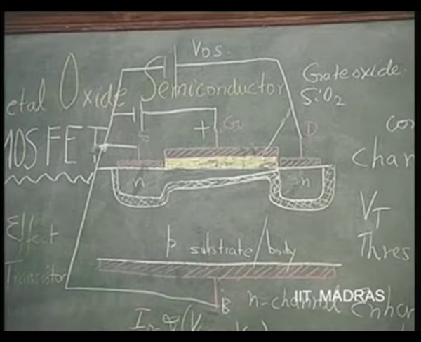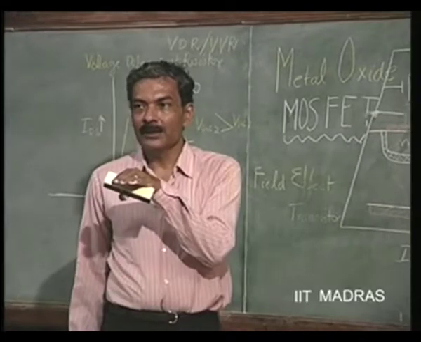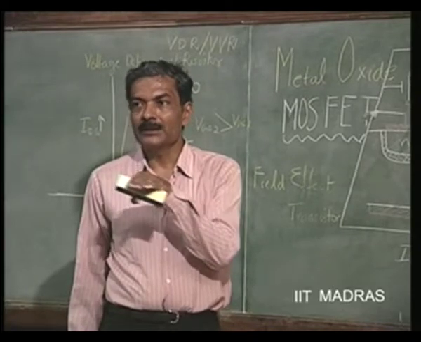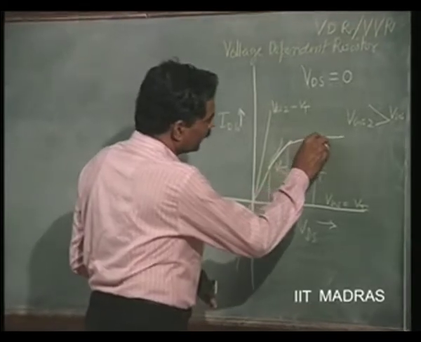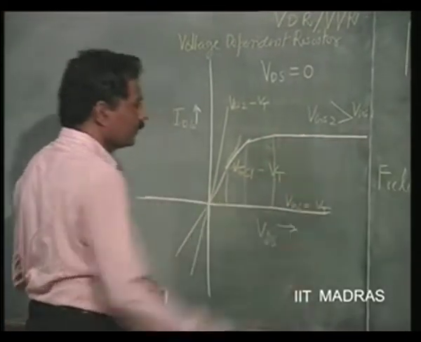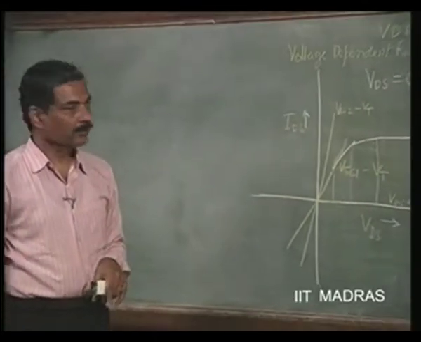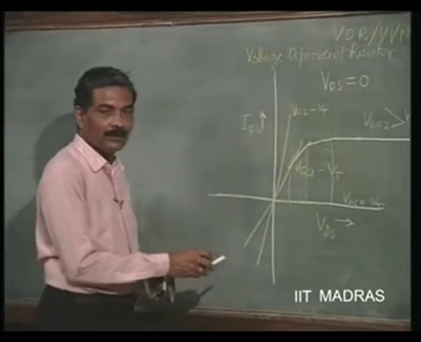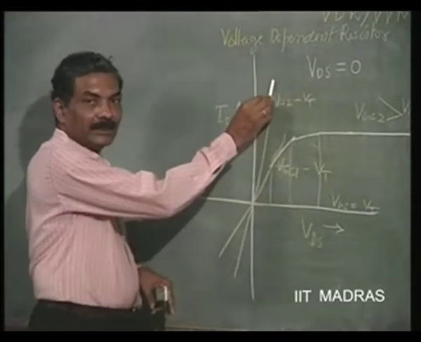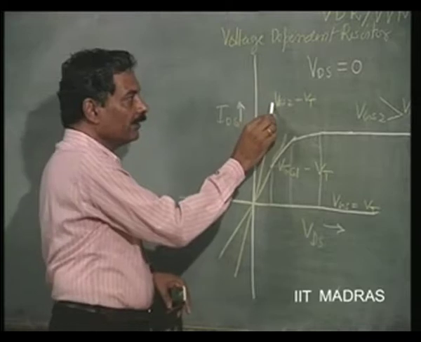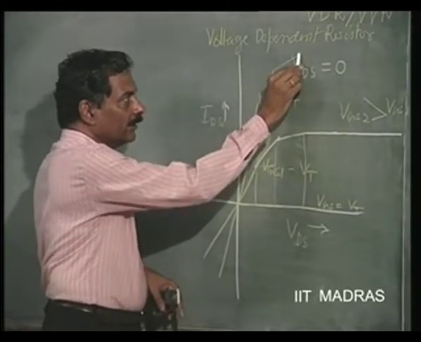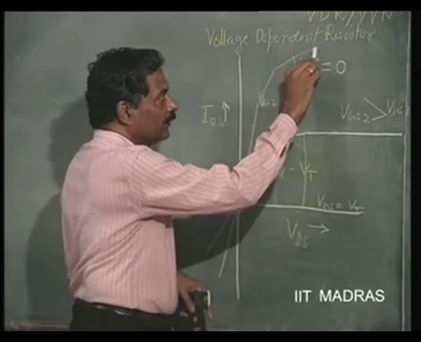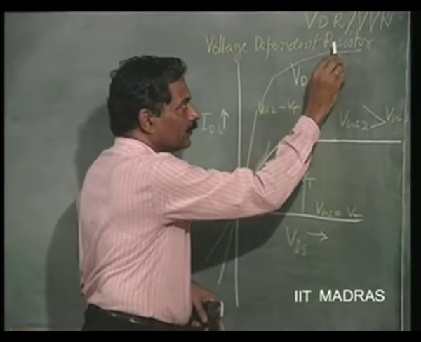Corresponding to pinch off. Thereafter, current is going to remain constant. This is what is called the saturation current. For the field effect transistor, this is going to be the saturation current. Similarly, for the next voltage which is higher, same thing will happen. Next increment in voltage, increment in current is lesser, lesser and lesser, and it is going to get pinched off